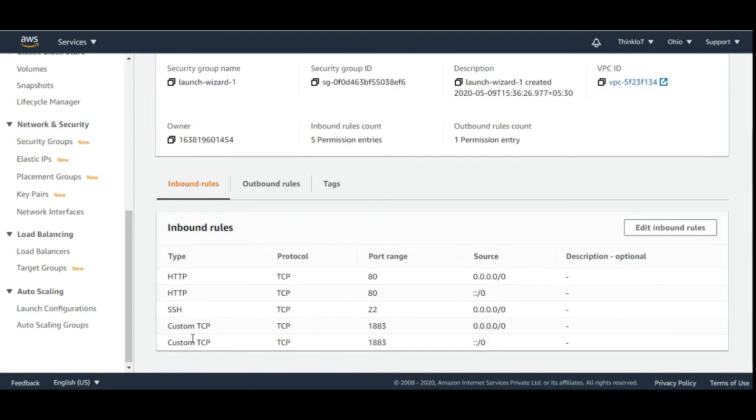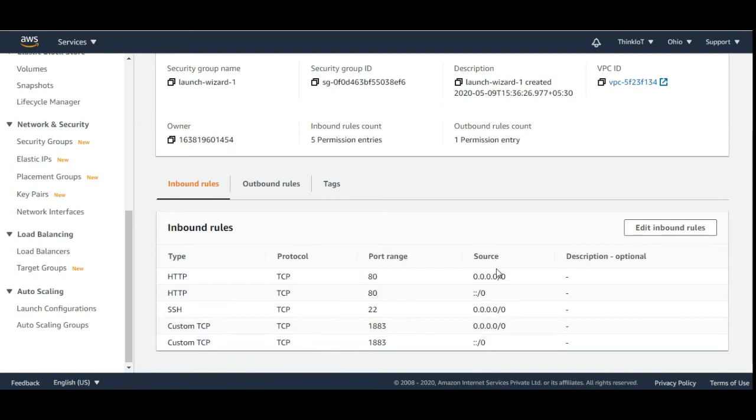I have already added an inbound rule which says the port range is 1883 and the protocol is TCP. This is what you have to do before you receive messages from external clients onto your Amazon AWS broker. Just go to edit inbound rules and add the port as 1883 and the protocol as TCP.